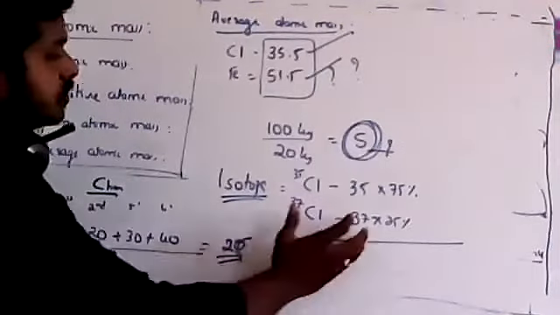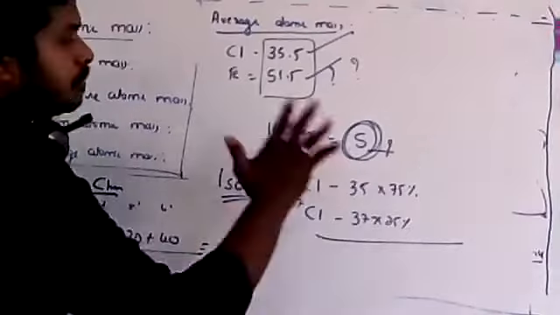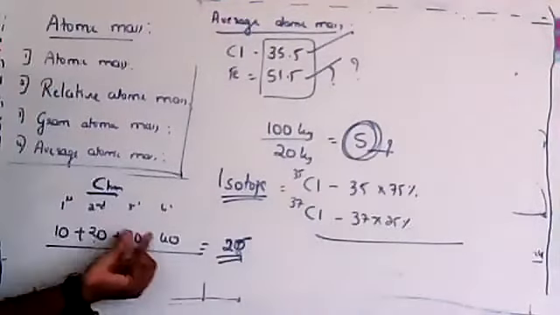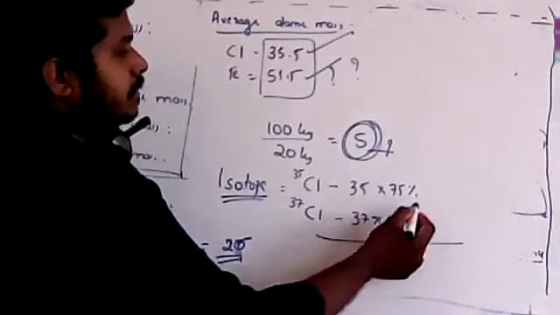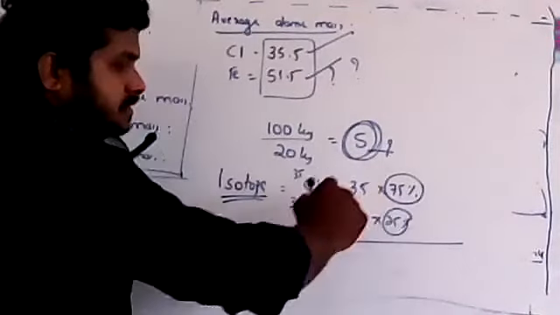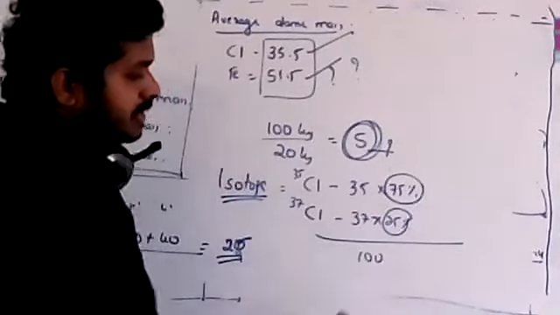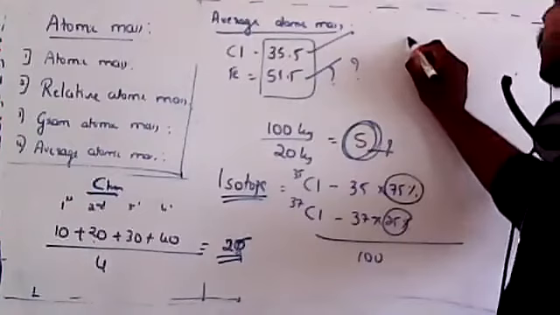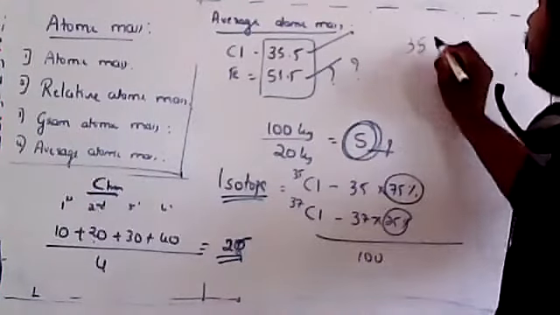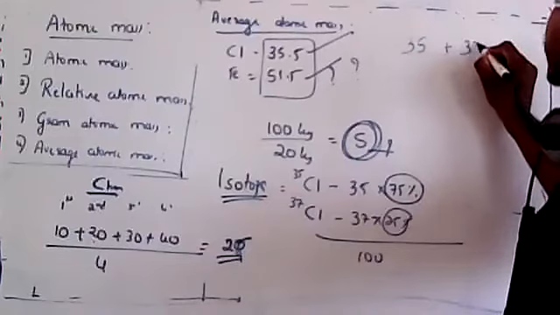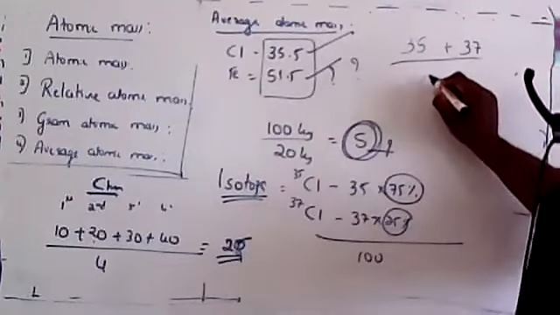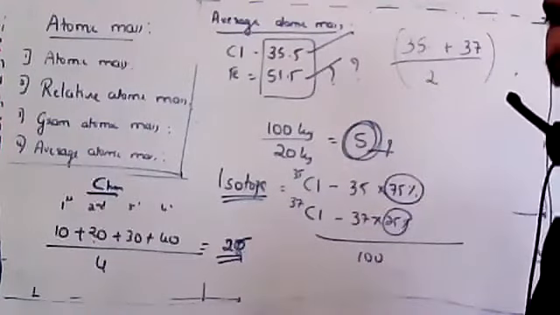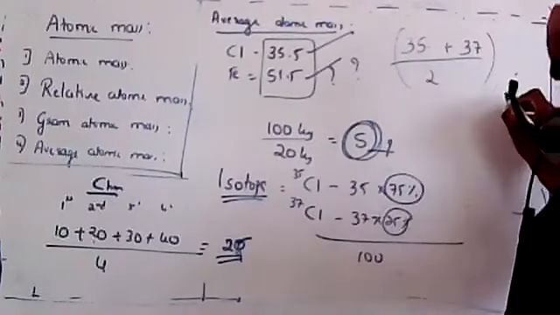The same thing you need to apply over here. Here you just need to calculate for 100. Here you have calculated for one exam. Similarly, you have to calculate for 100 by multiplying that number with the masses, then divide this total by 100. Are you getting my point now? If you are calculating for one atom, one atom of chlorine weighs 35 and one more atom would be around 37, then divide by 2. You may get a wrong value because these two numbers are not equal, so for that reason we calculate it for 100.